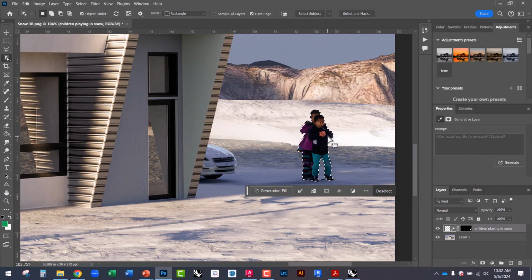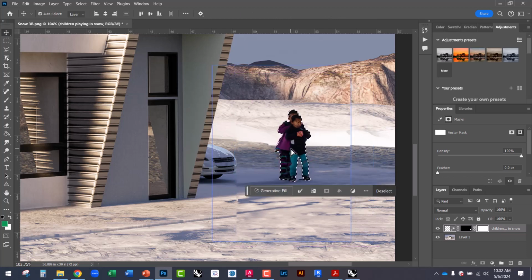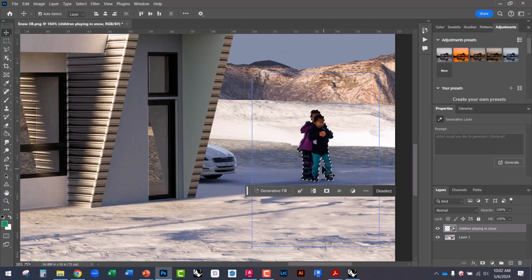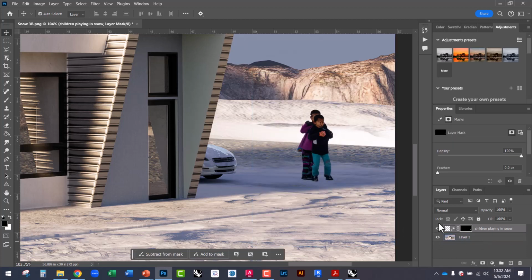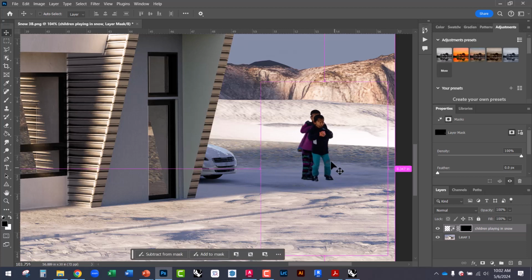So if I have them selected and do this, oops. First, what I'm going to do, I'm going to delete this mask and create a new layer mask with that. And so now I can just independently move them. Okay, so when you have a subject selected and then you click this add layer mask, it'll automatically mask out